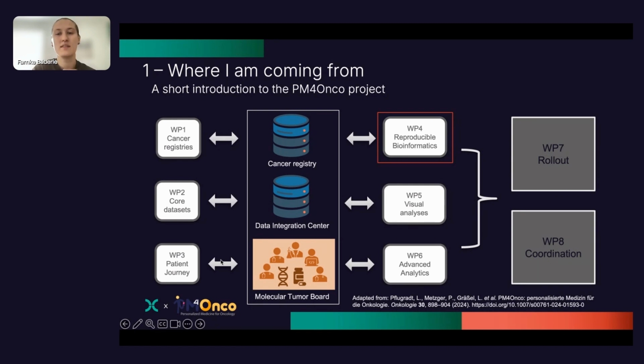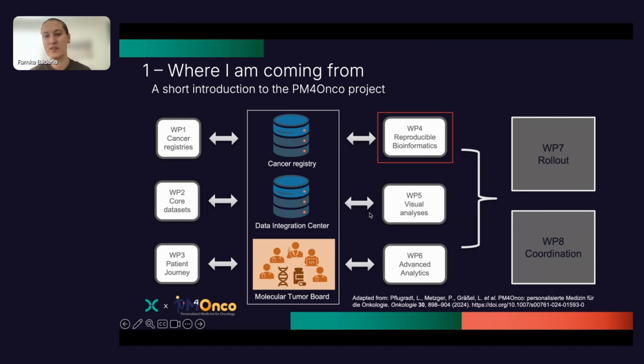So we have 6 different work packages that are working on different aspects that come into play when you think about personalized medicine for oncology. So we have one work package working with cancer registries. We have a work package that is defining a core data set to be used for data exchange. There are people working on patient-reported outcomes, visual analysis, and advanced analytics. And then there's also my work package 4, reproducible bioinformatics, which you can see it's mine because it has this